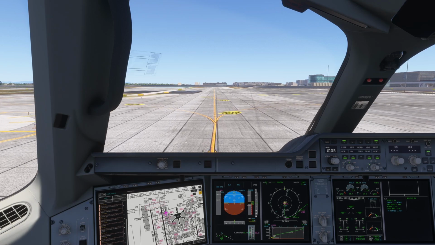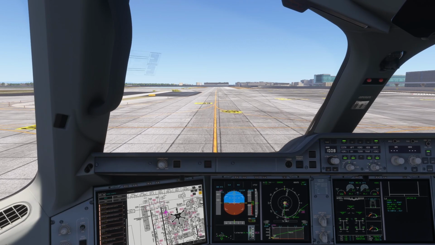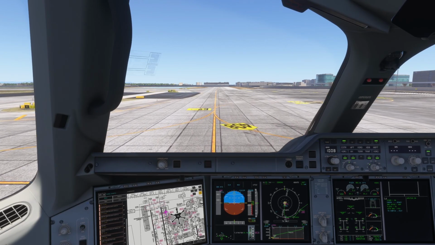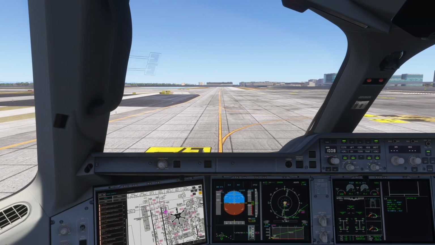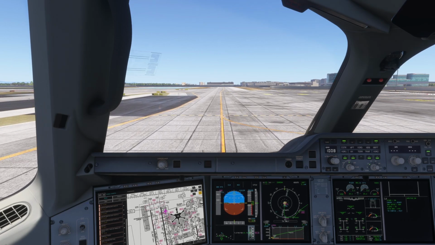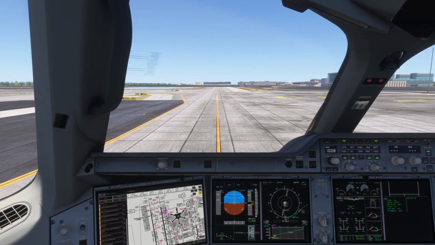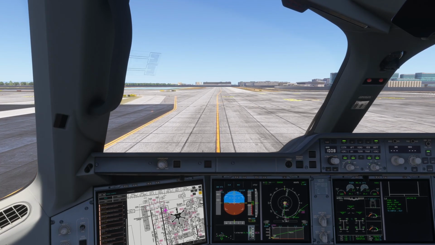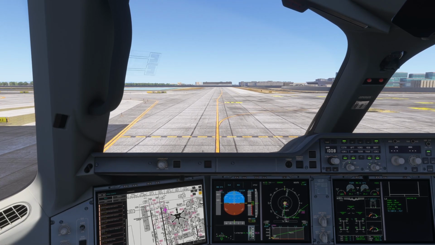It's normally used when controllers are really busy and have to talk to different planes at once. For example, "Aeroflot 205, yada yada yada, cleared for takeoff, break." So there's no need for readback. But normally I'm used to always reading back.